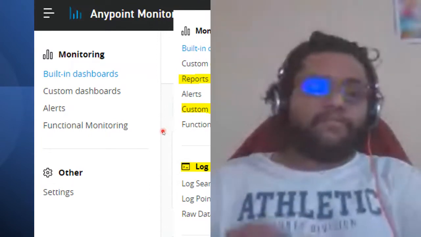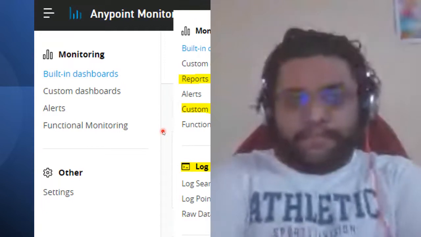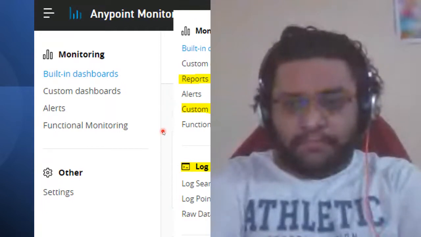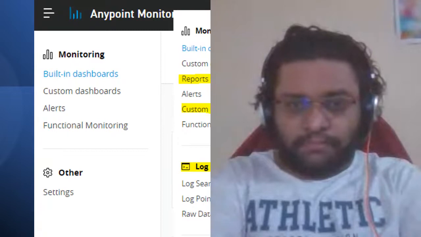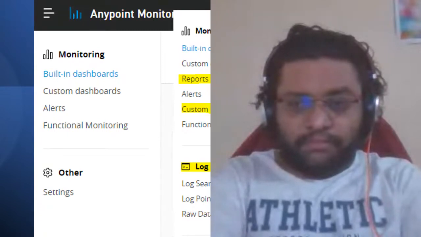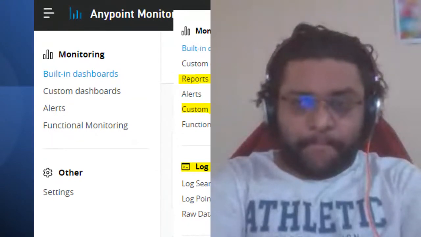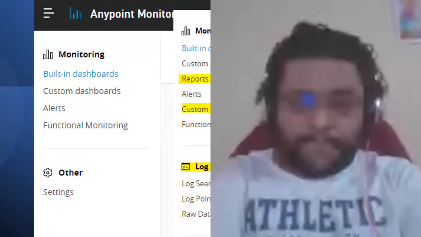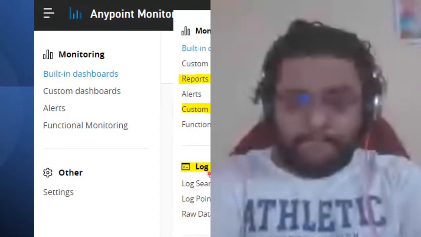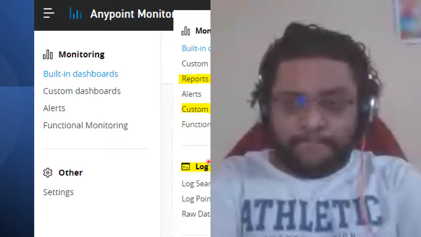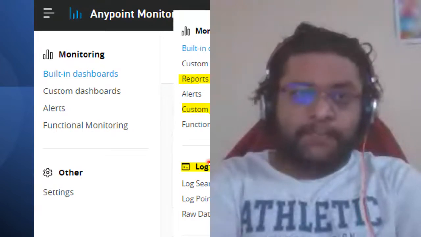So depending upon your requirement, the project's requirement, or the use case, you can always choose a subscription that adheres to your requirement, or that will be beneficial for you. For all of the details, you can go through the MuleSoft subscription documentation websites, where detailed descriptions of such differences are provided. But the major ones are what we have highlighted over here, and we can also look at them in the later demo parts.